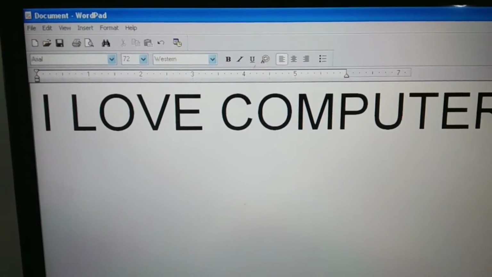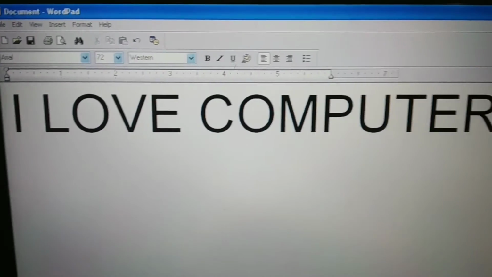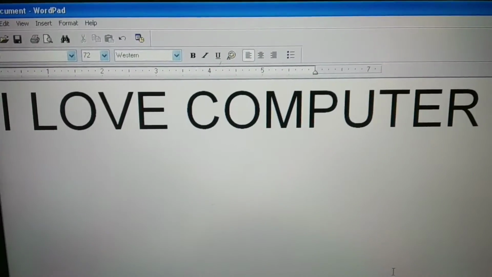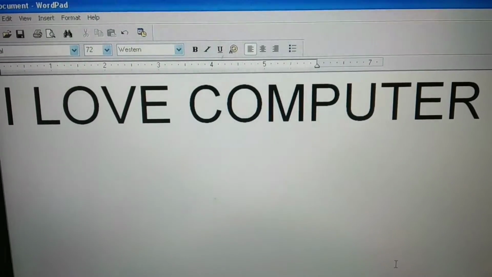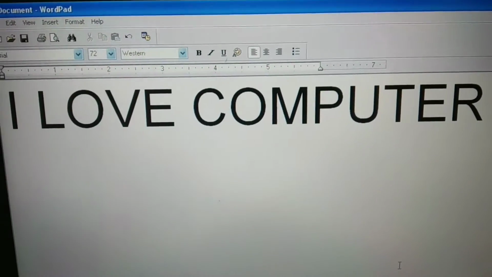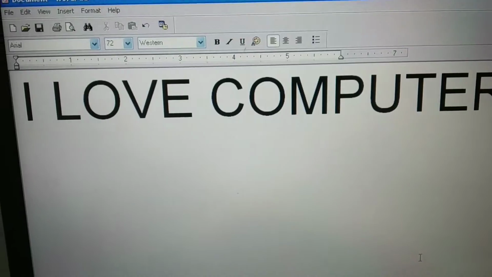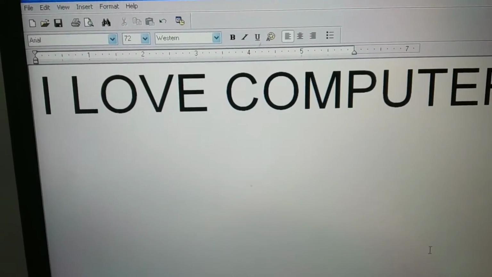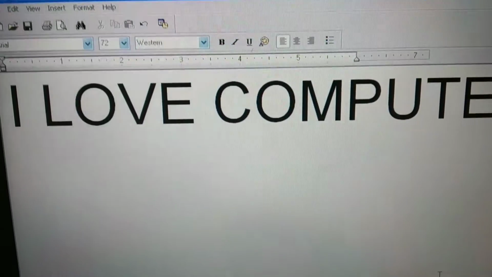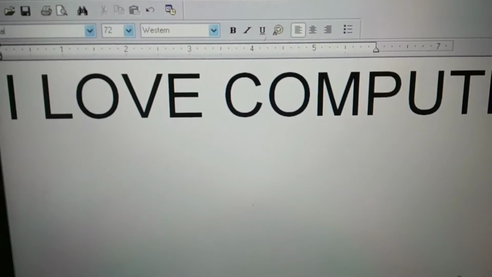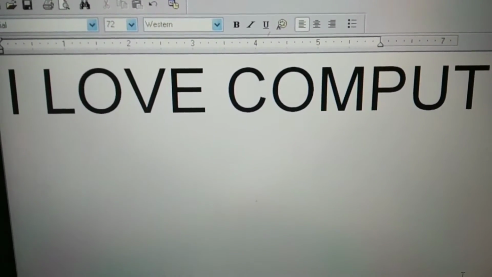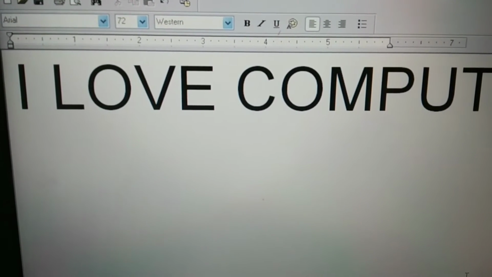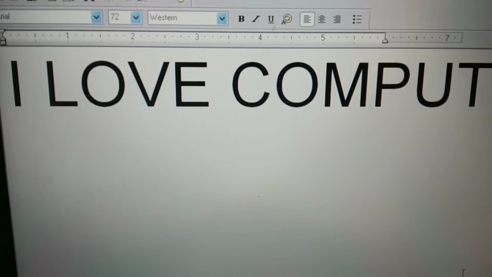So it is as simple as that: open WordPad and then you can see the cursor insertion point blinking on the screen and then start typing. Now, by using WordPad, we can type letters, stories, reports, etc. We can make changes in the text while typing and also after typing.